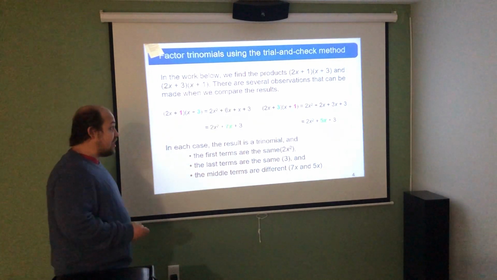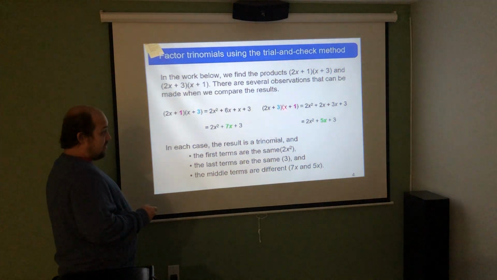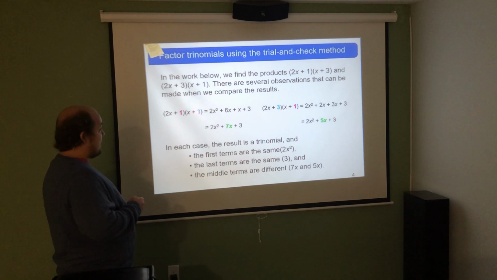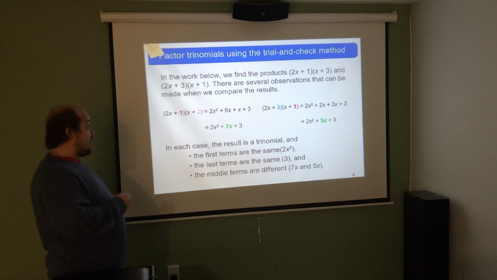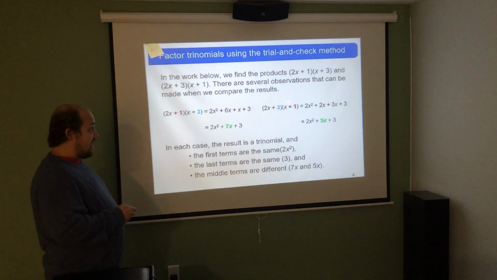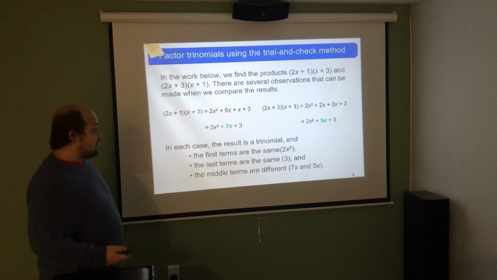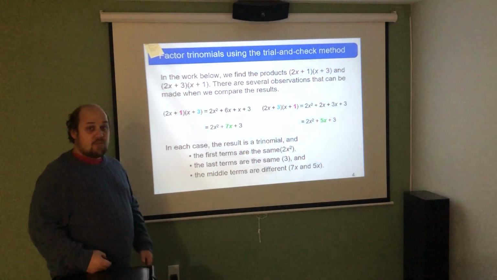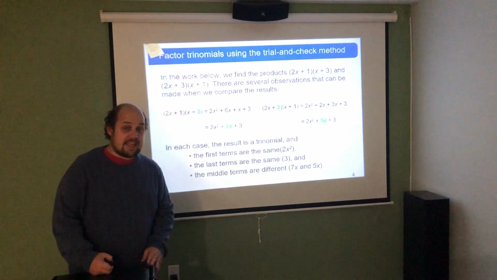And the reason that changes is here this 3 is only being multiplied by 1x. Here this 3 is being multiplied by 2x. So you get 6x when you do it this way. You get 3x when you do it this way. The other multiplication then here, it's really 1 times x is 1x. Here, 1 times 2x is 2x. So this slight change only changes this middle number,